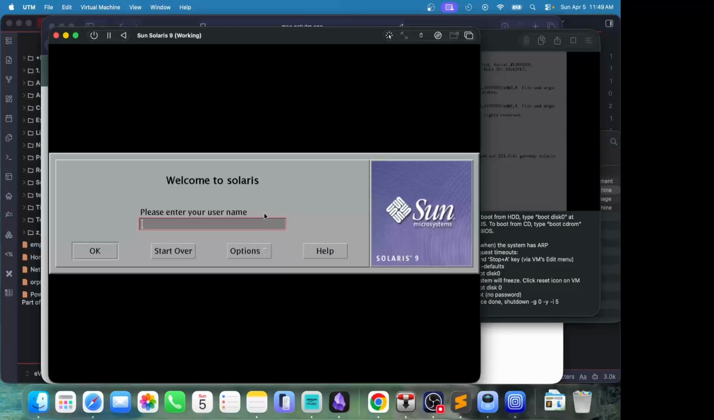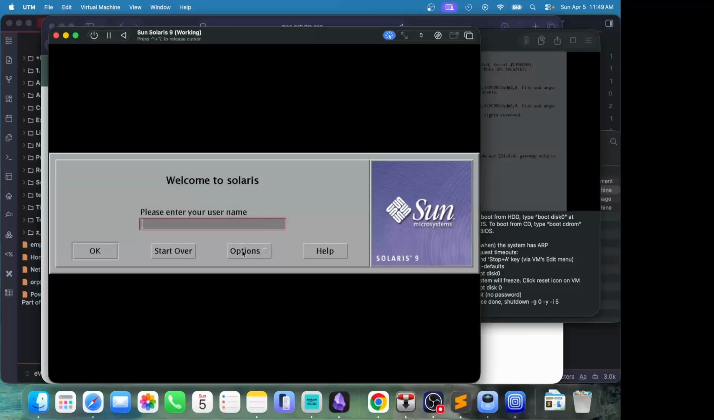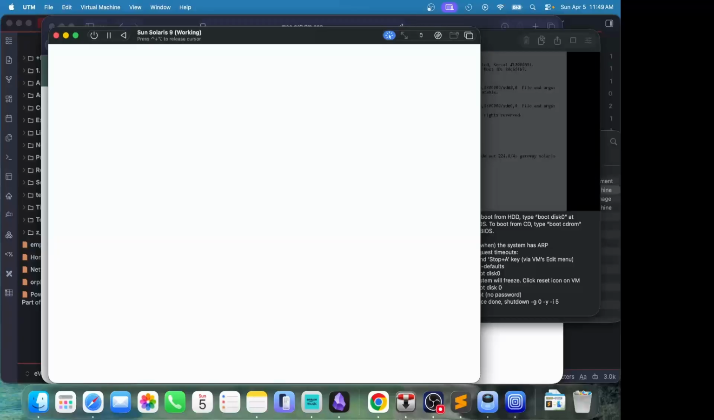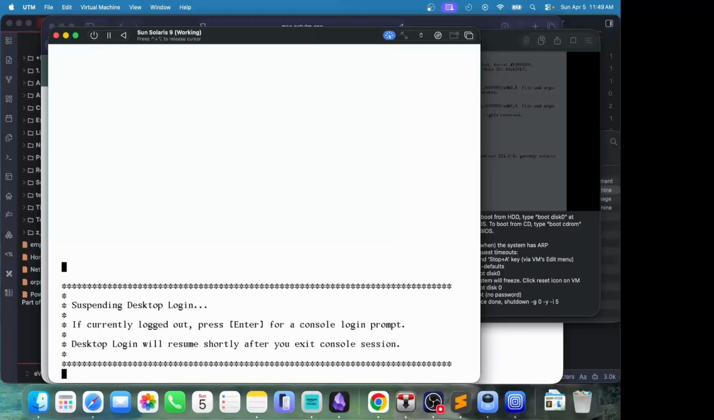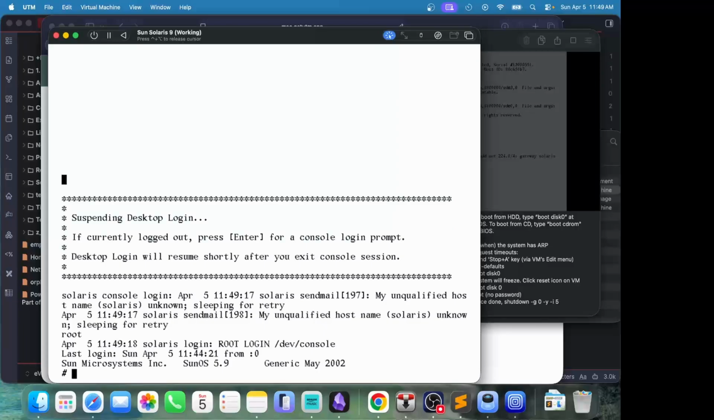As we can see, it is just kind of weird that it has to be done every single time. If we're at this login screen, just go over to the command line login, and you have to log in as root, and then shutdown -y -g